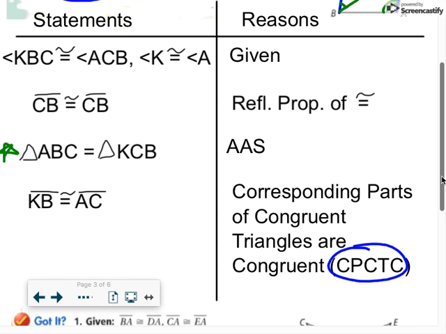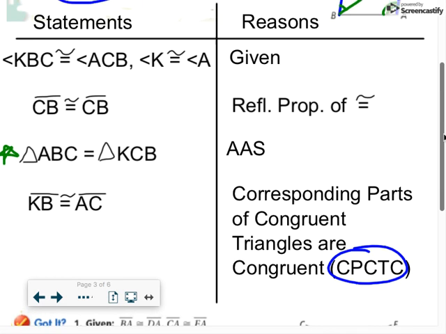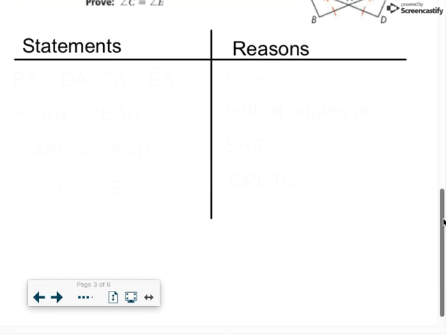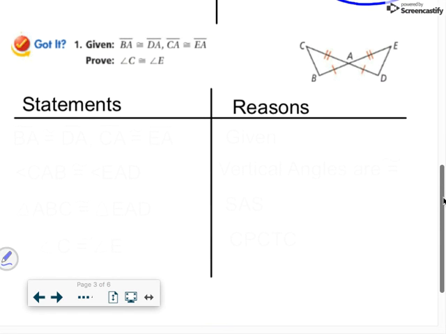So these proofs are pretty similar each time to what we've been doing. We're just going one step further, right? So notice, same setup if you look at the pictures. They gave us two pairs of sides. There's going to be a vertical step, but what they want to know is that another pair of angles are congruent. They want C and E, which we can't say yet, but we will be able to once we say